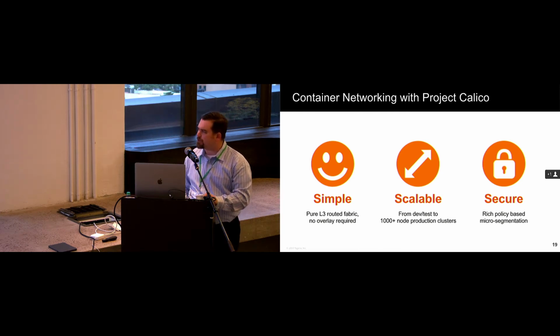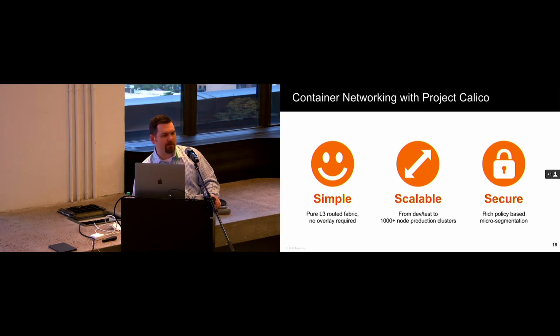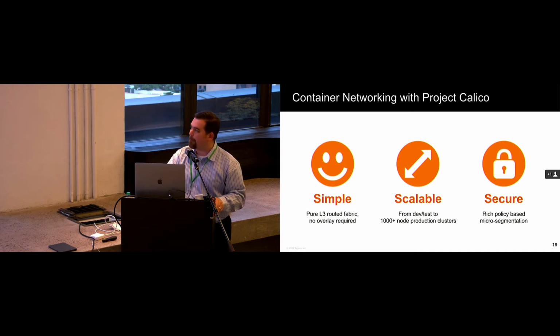We also wanted something that was secure, and of course that basically came back to policies, but we wanted it to be secure in a way that didn't require navigating, if you will, with your compass through the firewall jungle to figure out the data route or the data path from one service to another when it came down to troubleshooting and debugging time. And so the idea here was to move policy as close to the workloads as possible and then come up with a better way of matching senders to receivers in the way that we do policy. So we're going to talk a little bit about that.